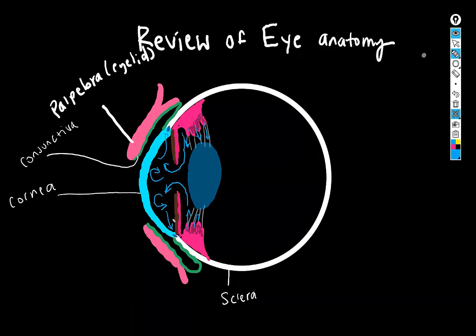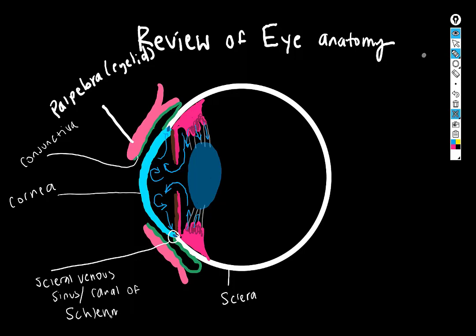And at the limbus, there is a structure called the scleral venous sinus, also known as the canal of Schlemm. And that's the venous structure that takes up the used aqueous humor and puts it back into venous circulation,